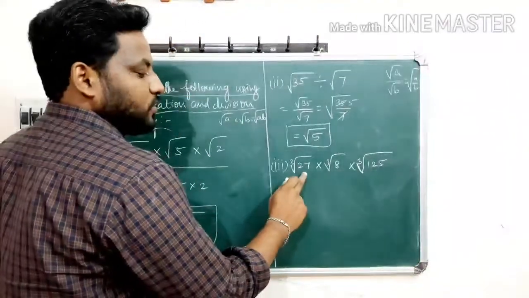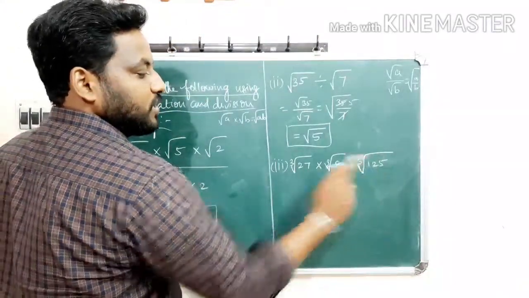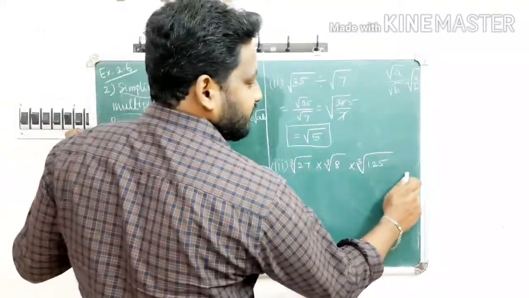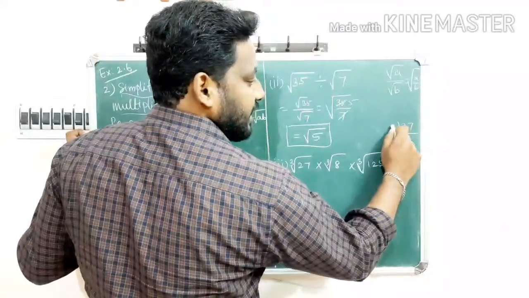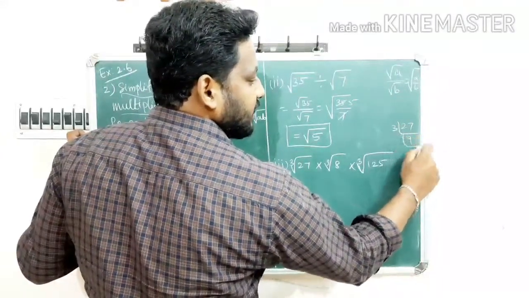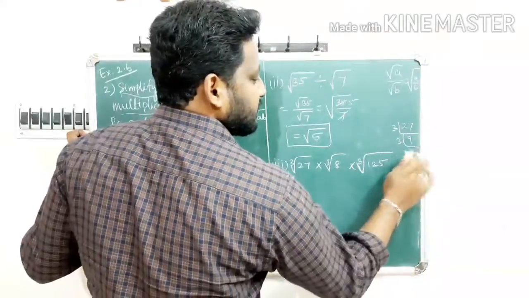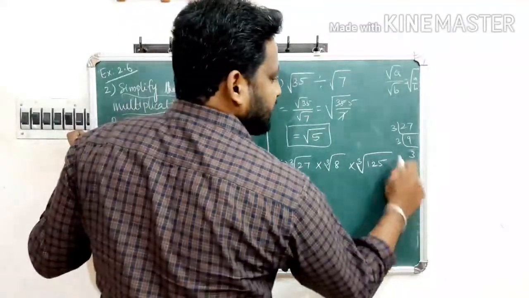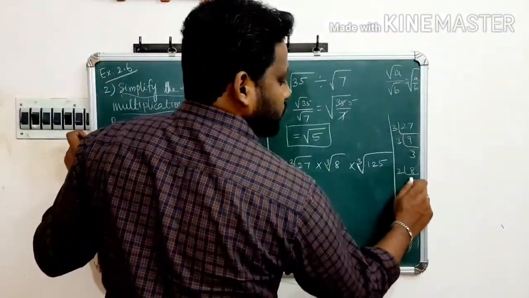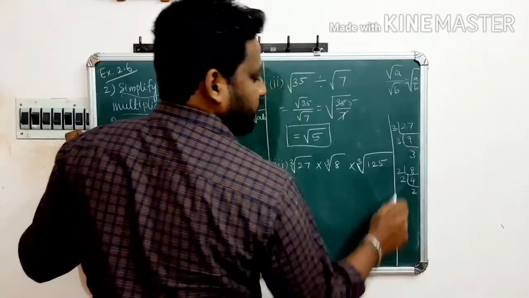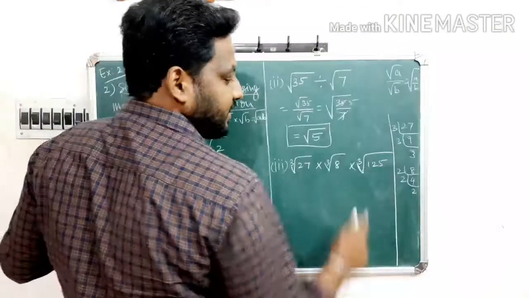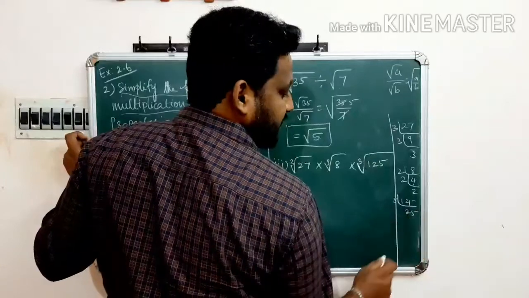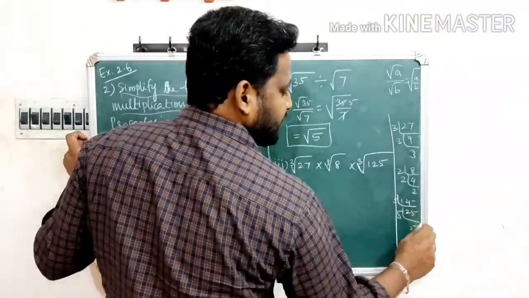And then the third question, cubic root of 27 into cubic root of 8 into cubic root of 125. We have to simplify this. So cubic root of 27, we know that in the elimination method 3 3s are 9, again 3 3s are 9. So 3 times 3 3s are 9, 9 3s are 27. Same thing for 8: 2, 4 2s are 8, again 2, 2 2s are 4. So 2 into 2 is 4, 4 into 2 is 8. And then same thing for 125, that should be divided by 5. 2 5s are 25, 5 5s are 125, again 5, 5 5s are 25.